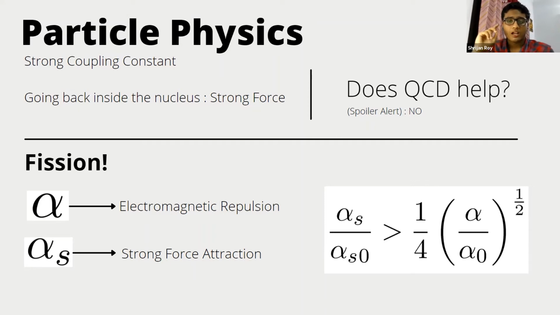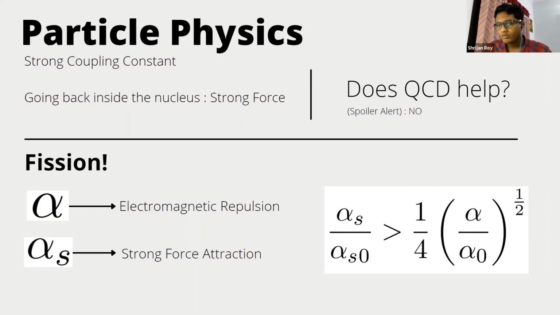So what is alpha S? Alpha S represents the strong force attraction, and the strong force attraction binds the nucleons together, all the protons and neutrons. Otherwise, we know that protons repel each other, and they would break apart if put together, but the strong force holds them together. So fission happens at a much higher atomic number, because the electromagnetic repulsion there is so high that the strong force cannot accommodate that attraction anymore.